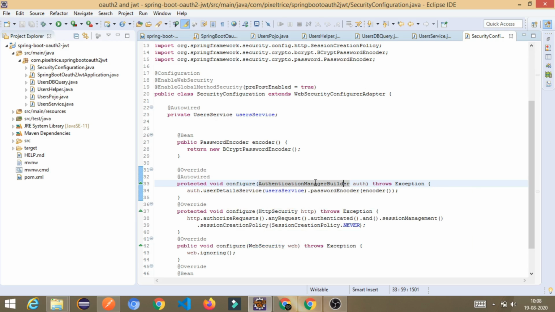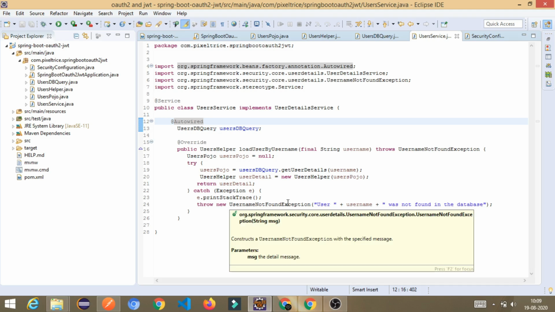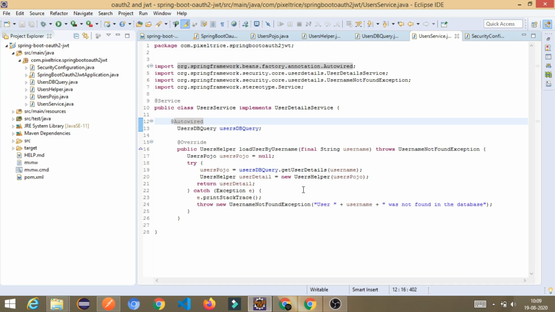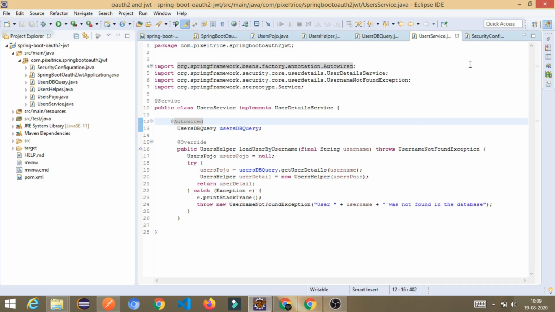Where does it come from? It comes from the user service we already wrote here. All the things are combined. In the user service, I already told you that we fetch the data from the database, set the granted authorities, and then return the user details.